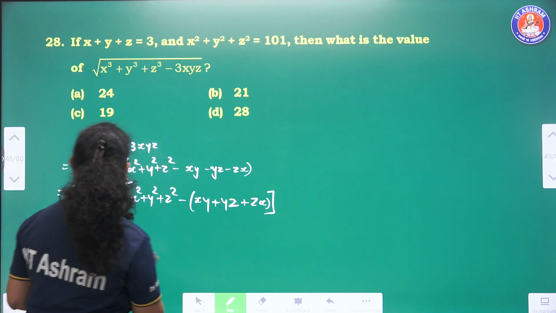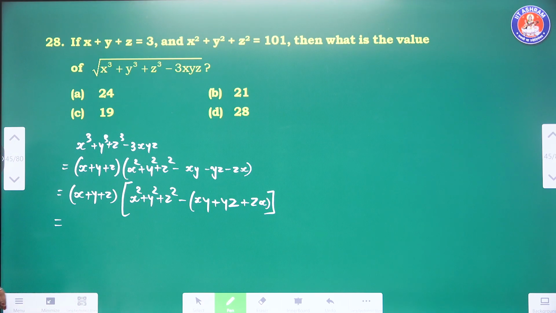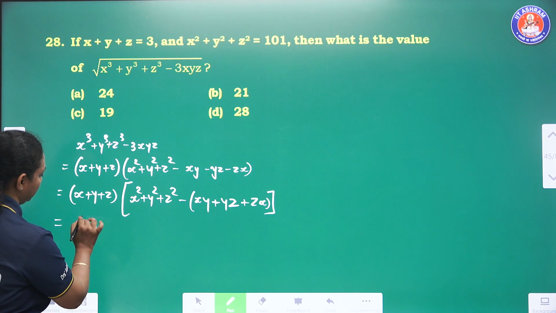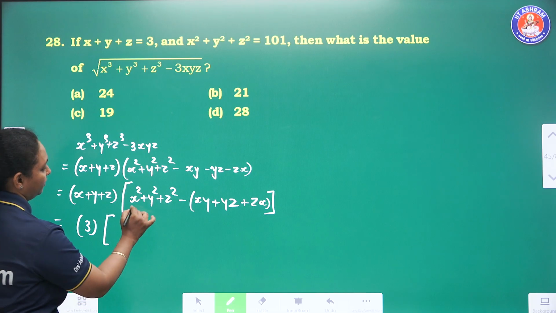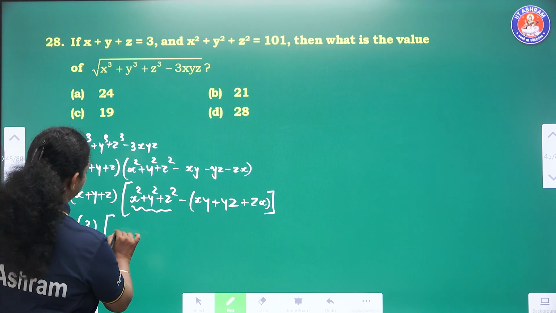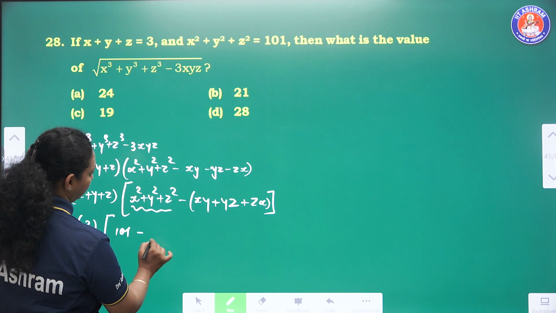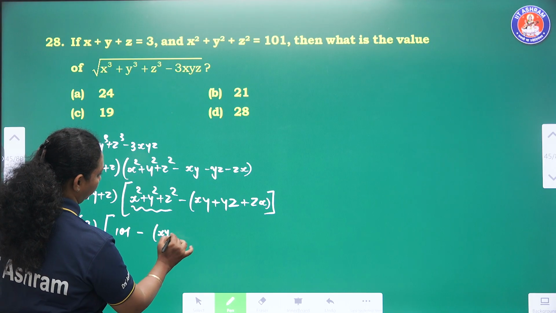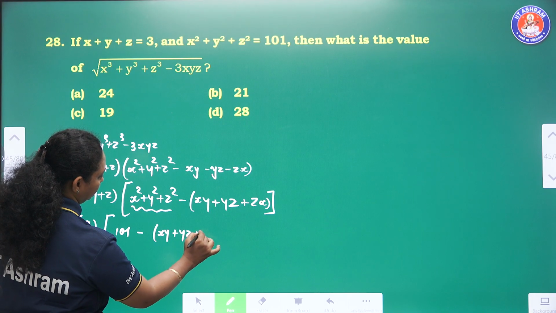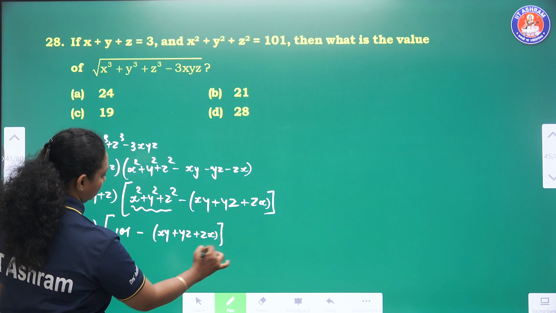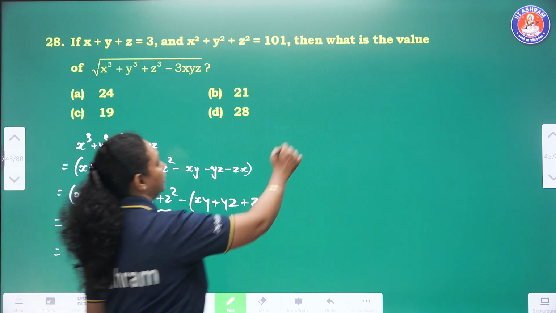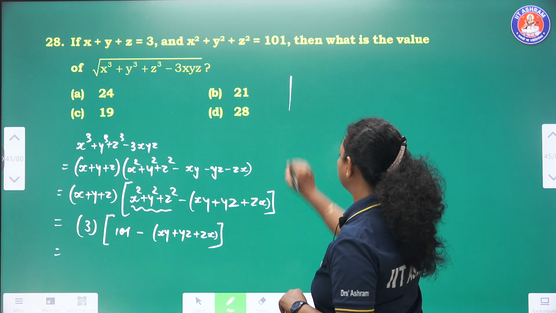What is the value of x plus y plus z? It is 3. What is the value of x square plus y square plus z square? It is 101. Minus, we have to find what is the value of xy plus yz plus zx. So how do we find that? So we know that